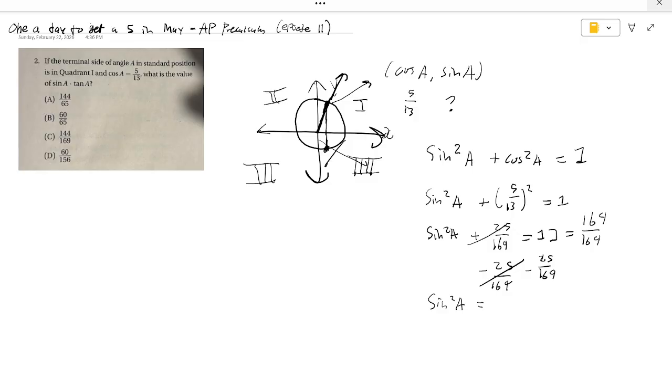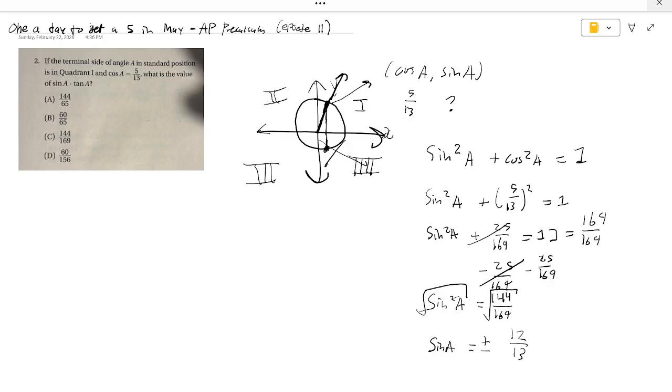So we want to find 169 minus 25, that's 144. So sine squared A is 144 over 169. And let's take the square root of both sides. What we get is sine of A is plus or minus, because it's squared and then we're taking the square root, we have to do that,